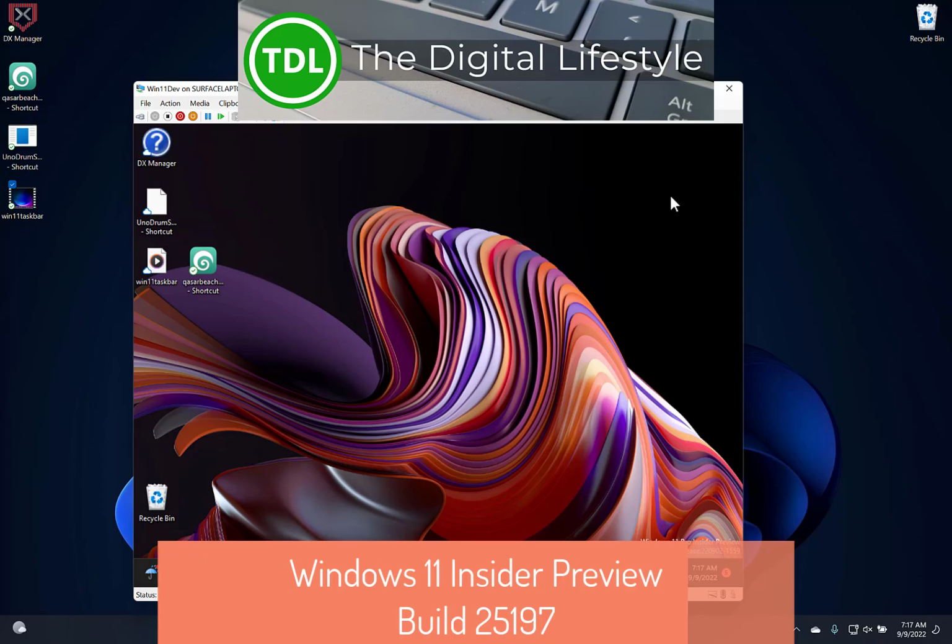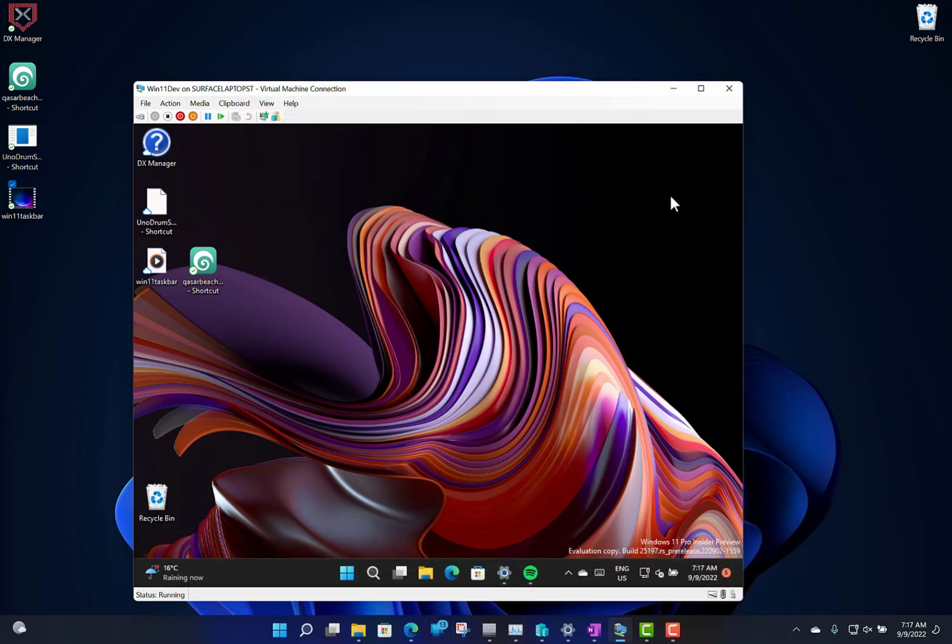Going to look at the new build of Windows 11. This is build 25197 for Windows Insiders on the dev channel. And a couple of new things in this. Well, one thing reintroduced and lots of fixes. So, as ever with Windows Insiders, you don't get all the features as they roll